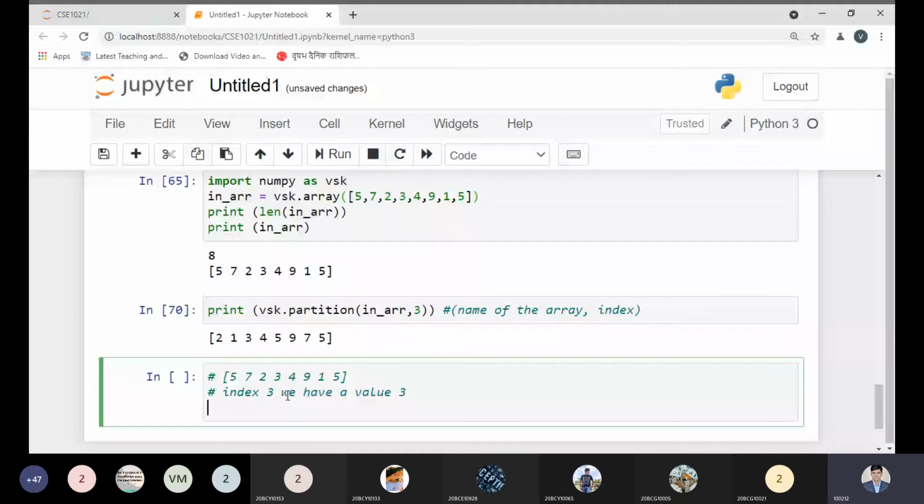That would be the 2, comma, 3, equal to 3 I can take, and 1. Okay, and on the right side we have the values 5, comma 7, comma 4, comma 9, and we have the 5 as well.